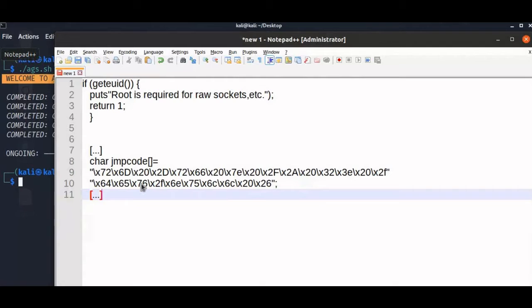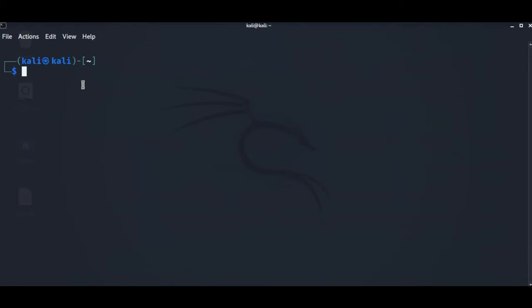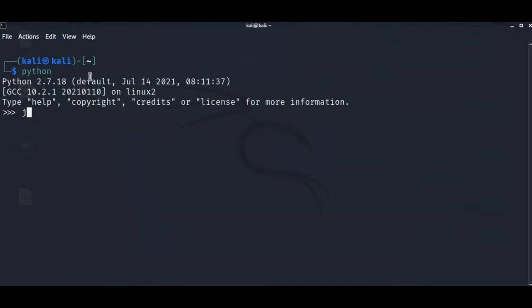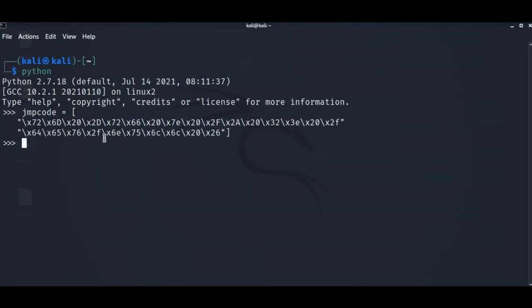So let's copy these. Now we will enter Python and then jumpcode, called. You can now copy. Okay, so you can just enter. Now we can print it, jumpcode. So this single